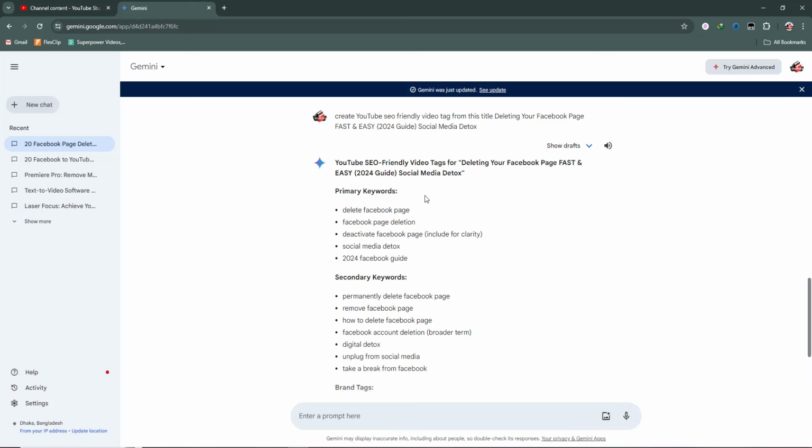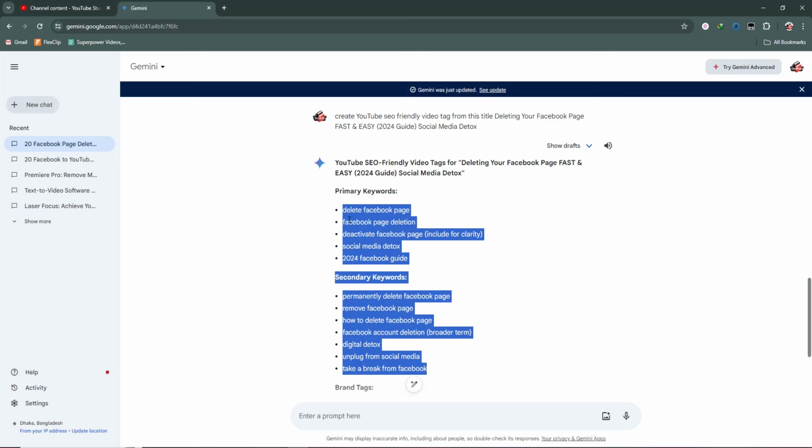So you can see this AI tool generates tags for our YouTube video. So I'm going to copy all of this. There are two ways you can copy your tags. You can directly copy this one, or I can copy it entirely,